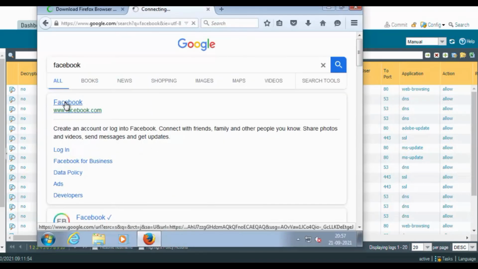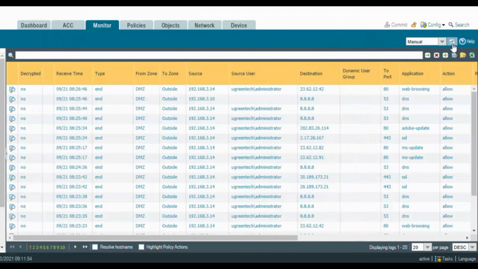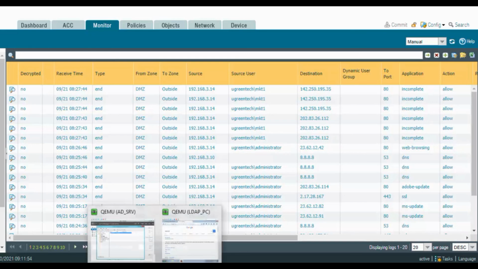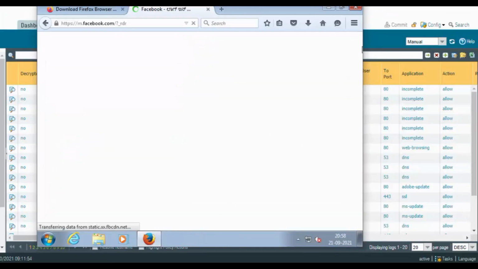I'm trying to check the Facebook. Let's refresh the traffic. So you can see in the users section, you can see ugreentech MKT1. This is the source 3.14 and the destination is 195.130.35.